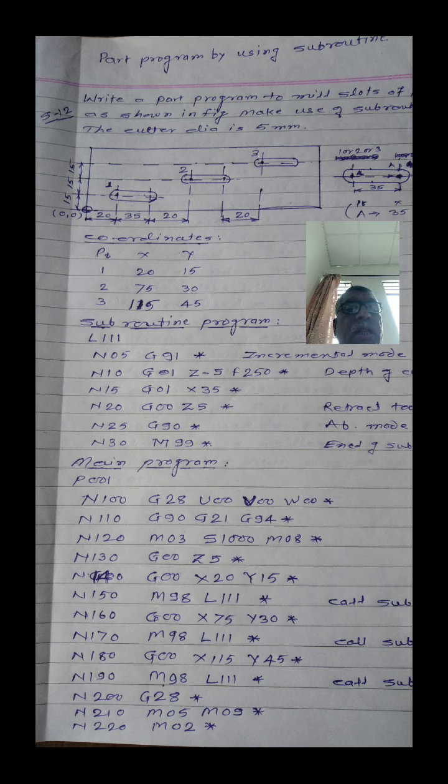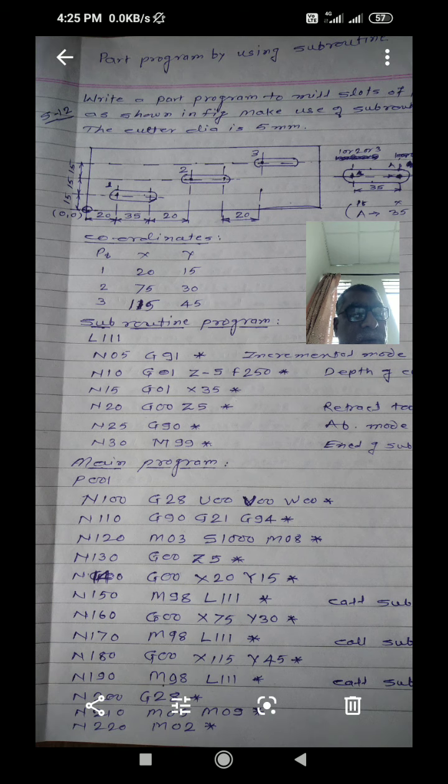Here you want to start the second operation, that is slot milling operation. Here you have to call the subroutine. Again mention the same code, that is block number N170 M98 L111, end of the block. Means the second slot is completed during block number 170.